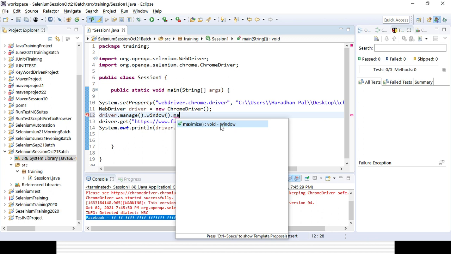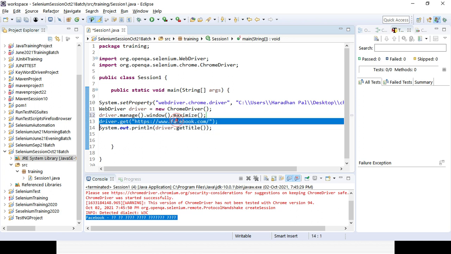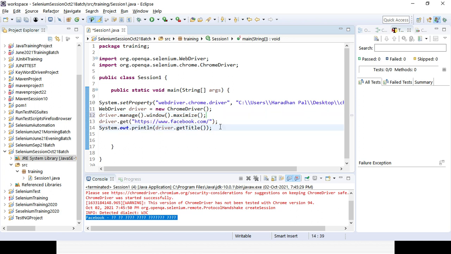It is coming from the Window class, and maximize is the method name and the return type is void. So it will not return anything, it will just perform the operation. Then after maximizing, I am passing the URL for the Facebook page, and I am printing the title. Instead of title, I can print the current URL also.